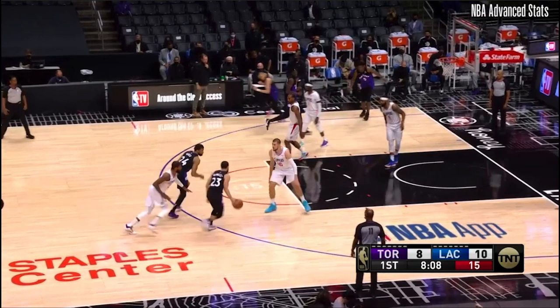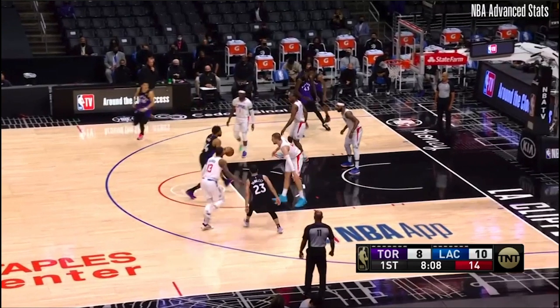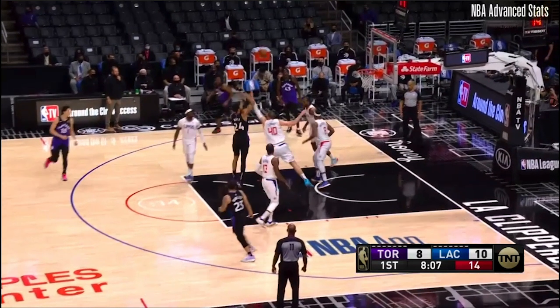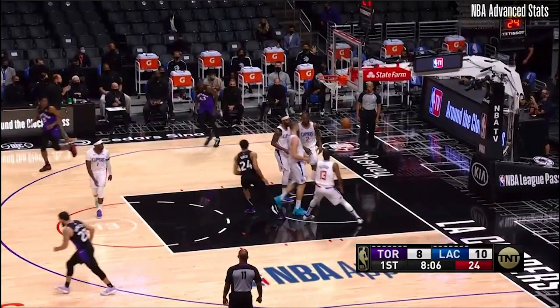And once that happens, Fred's just going to pull it out slightly, throw the pocket pass, trust the big man. And Kem Birch has done a really good job of when he's in this position, he's either going to try to finish with the floater or he's going to make the next pass over. Either move would have been good here, but Kem Birch shows really good touch, goes up straight, little short jumper over Zubac. Good touch on that. And yeah, just a nice little read from VanVleet. Very simple, but